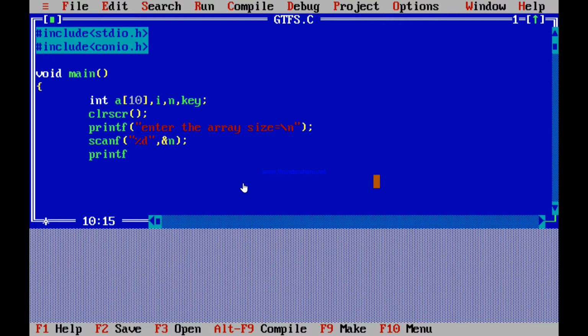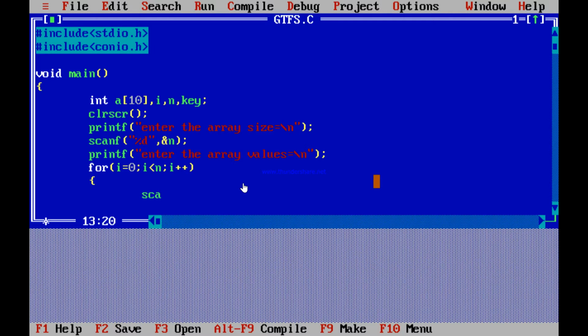Now again we'll print, and we'll ask the user to enter the array values. These values will be provided by the user, and again we'll use \n, and we'll close and terminate this, as these values should be read in the form of an array or a set of data. So we'll use a for loop so that the iteration happens. So i equal to 0, i less than n, and i plus plus. We never terminate our for loops because we always write a body for that.